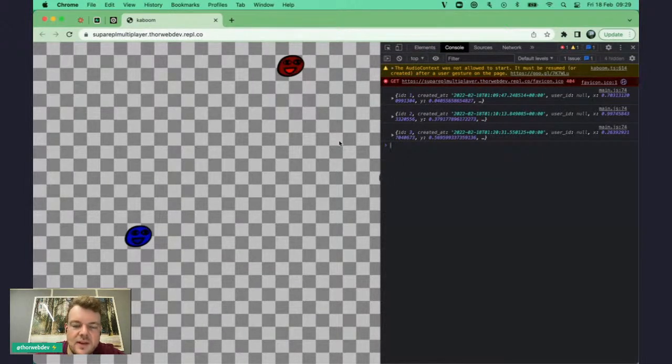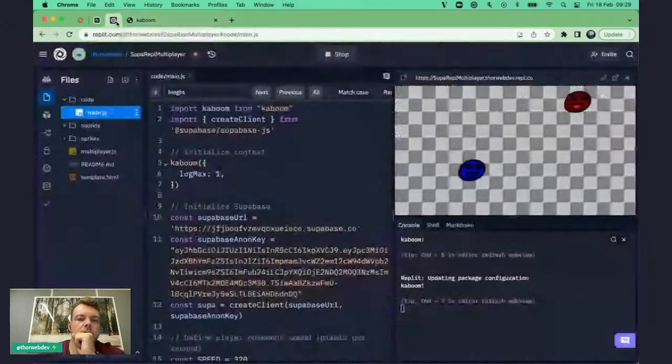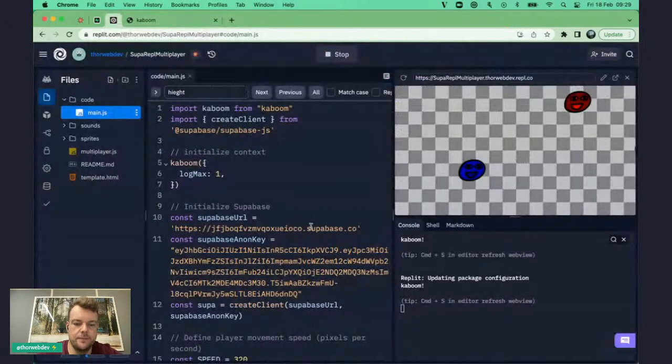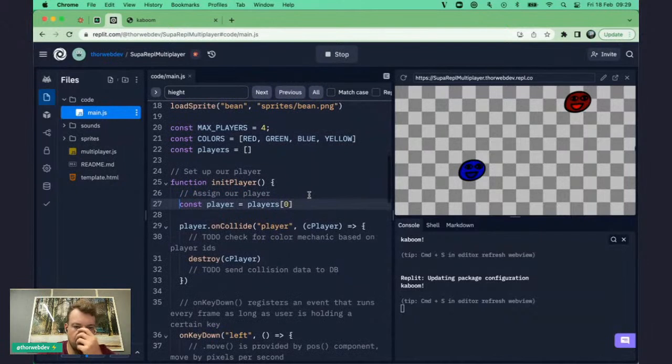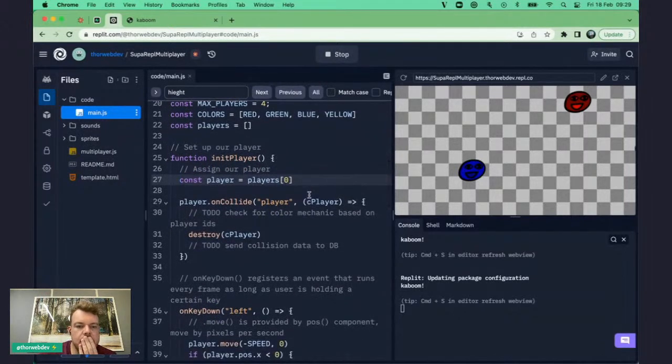So we probably need to fix that where we subtract the actual width of the bean or something like that. But anyway, that's fine for now. Okay, cool. And so now we have kind of all the players from the database on the canvas. That is great. And then basically what we maybe want to do is,